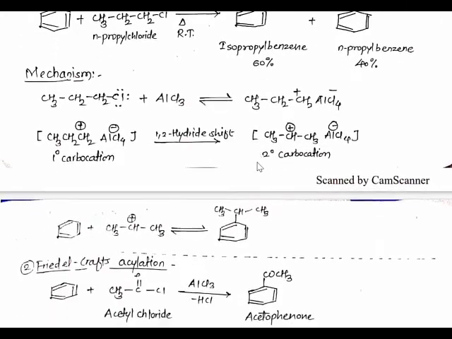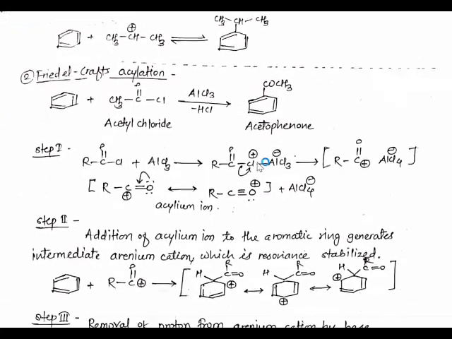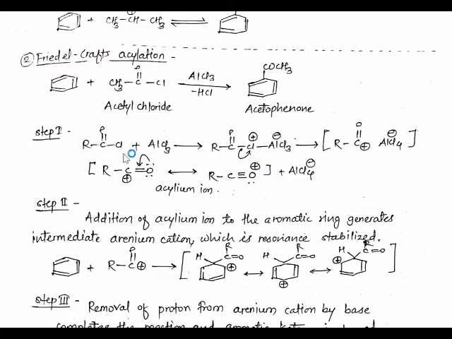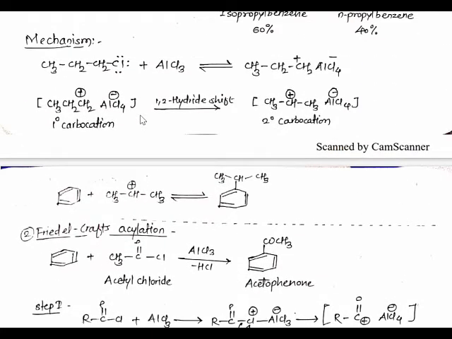Let's see the Friedel-Crafts acylation. Now in case of acylation, you are going to substitute an acyl group on benzene. In case of alkylation, you are going to substitute an alkyl group on benzene. Just see, in case of alkylation, if you are confused about the mechanism and they have asked any reaction in the paper,